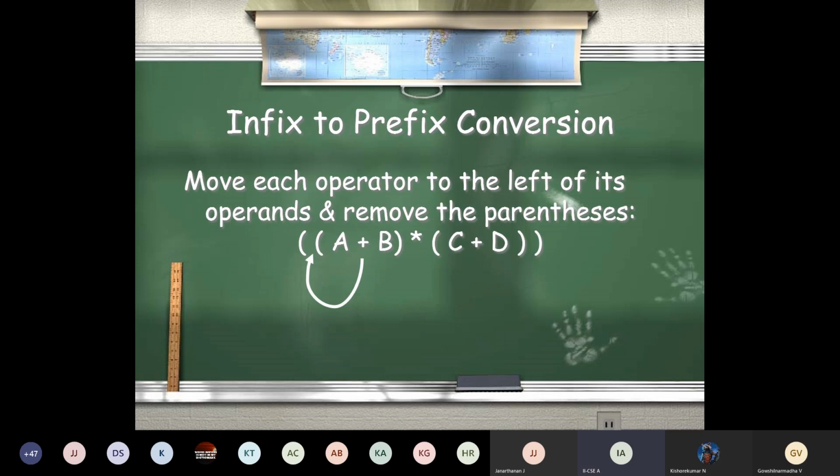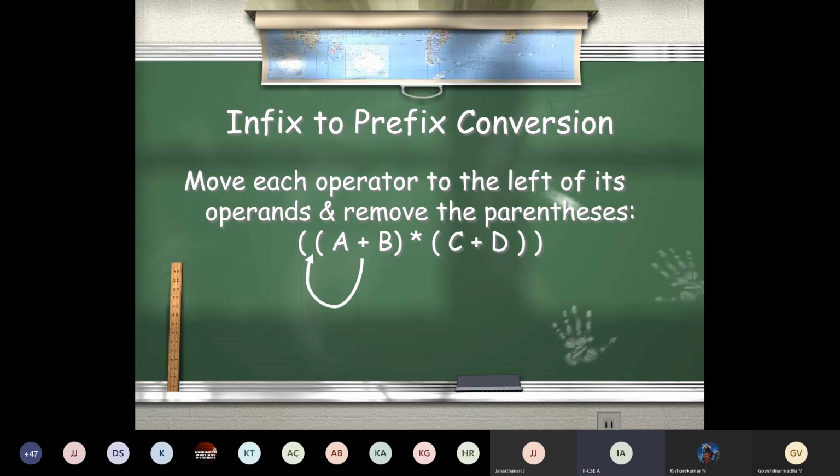Let us see some more examples of how to convert infix to prefix. We'll see examples for converting infix to prefix notation and infix to postfix notation. Let's see how to convert infix to prefix first. Write down in your notebook: infix to prefix conversion. If you are given a large expression in infix notation, we are going to learn how to convert it into a prefix notation. I hope you can identify what a prefix notation is.